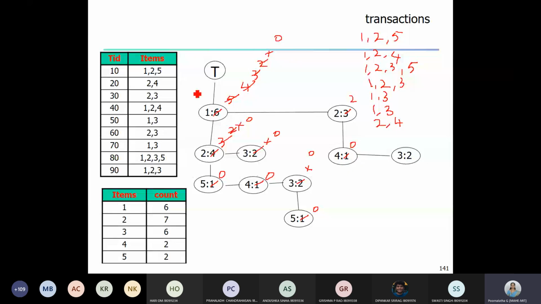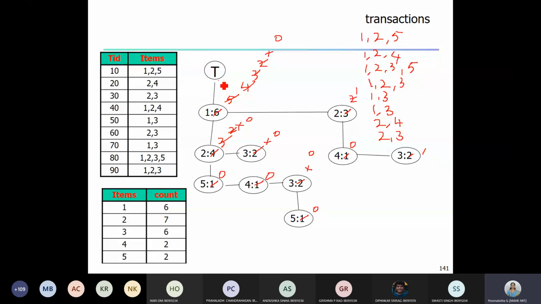Again start from the root. Child node it is 0. Go to the next sibling. Decrement its count and then write the items. Follow the child pointer. You can see the child pointer, the value is 0. Go to its sibling. Sibling is 3 here. Decrement the count and then write the item. There are no child pointers for this item. Stop here. Again go back to your root.